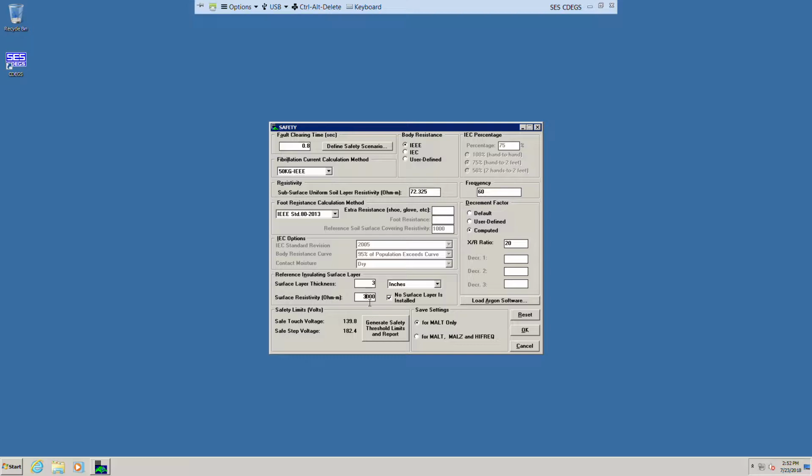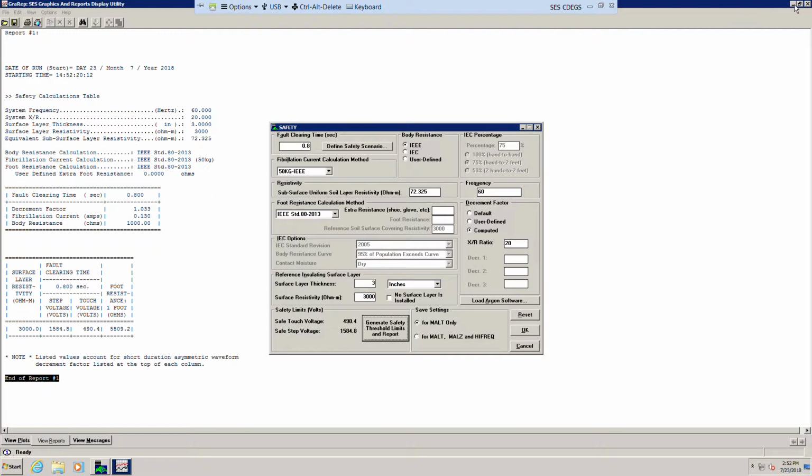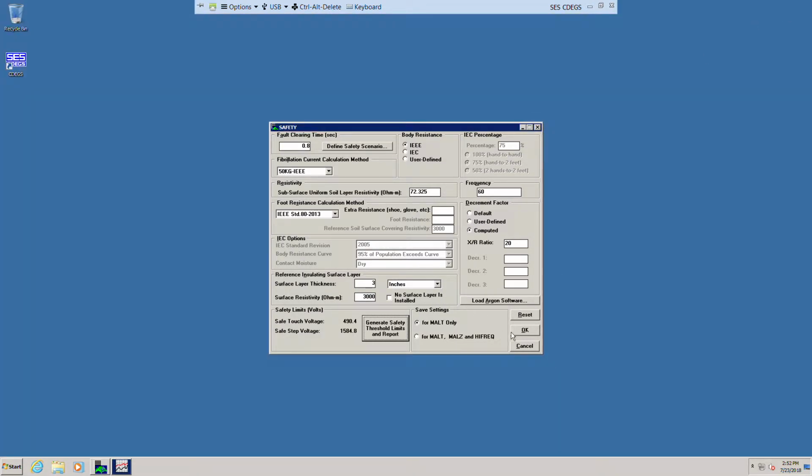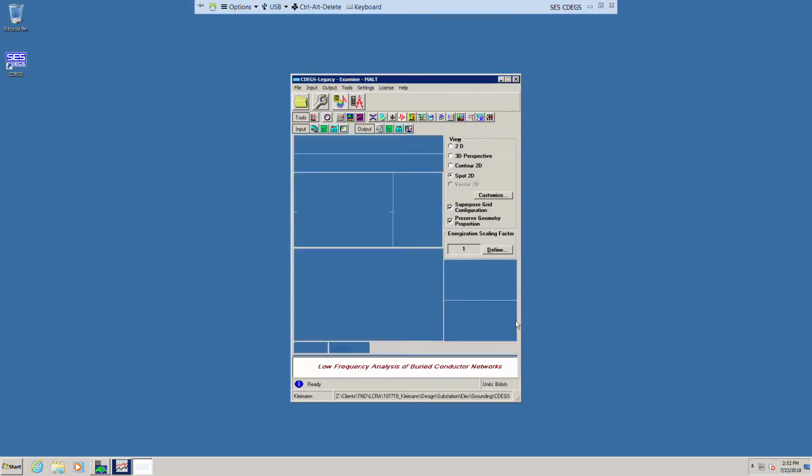And we have our crushed rock resistivity at 3000 ohm meter, and X/R ratio at 20, and generate safety report, right? And then we save that report, and okay. So,